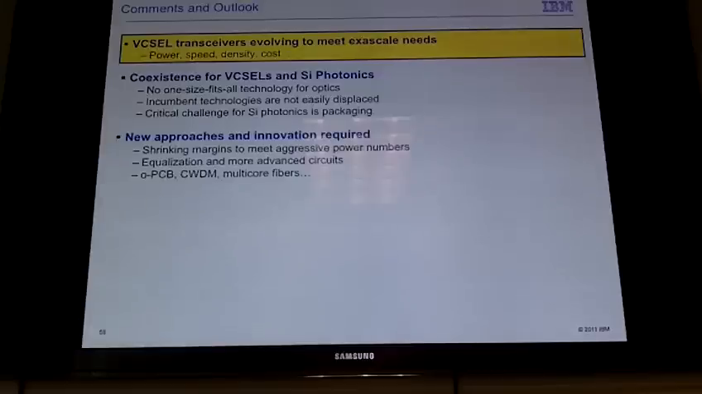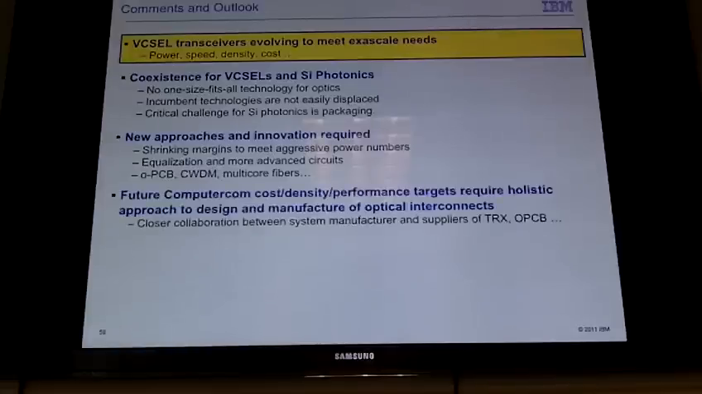We're working on new approaches that will be required for exa-scale. We're working with shrinking margins to meet the aggressive power numbers. We're going to use every technique we can: the equalization, advanced circuits, optical PCBs, and all these other advanced technologies. And for future exa-scale computercom cost, density, and performance requirements, we need